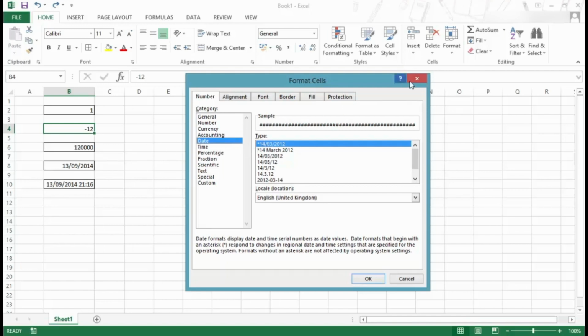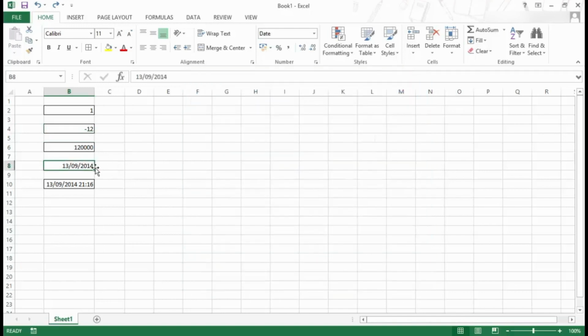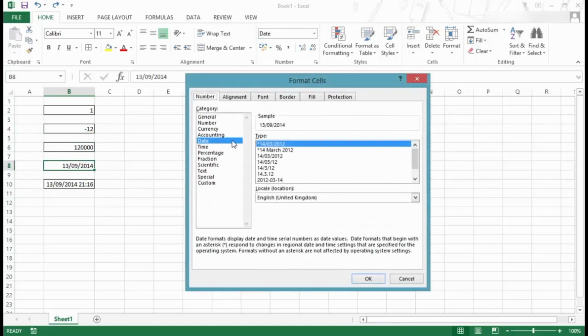So let me select some other cell. I would select this cell where I already have today's date, and I hit Control 1. And now if I select date, you see that it is displayed as of now in this format, but I have this range of formats from which I can select. So as of now, this is